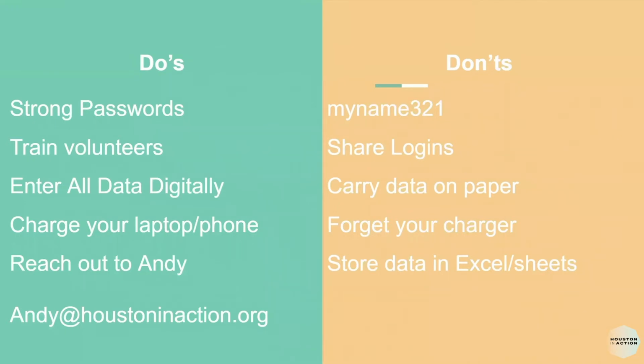So key things to remember about our data and how we want to prepare for it. Before we jump into the system, we want to think about ways that we can ensure that what we're doing remains safe. So a key do is to remember building a strong password. By building a strong password, you will be able to ensure that folks outside of your space will not log in to your system, that you train volunteers, and that these volunteers get trained not only on how to use the data system, but the importance of data overall.